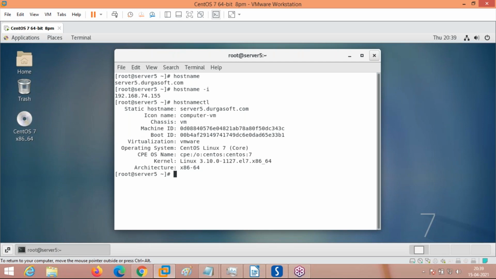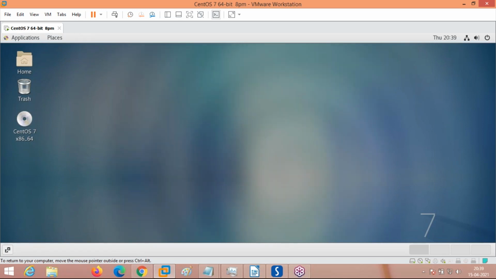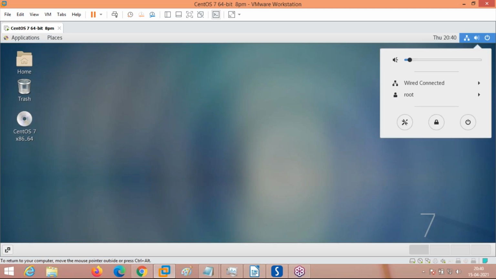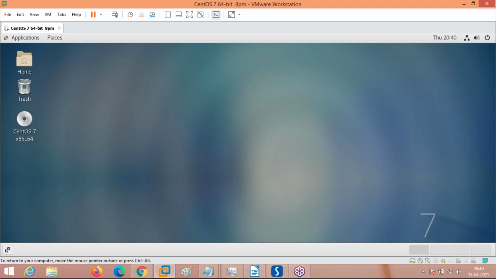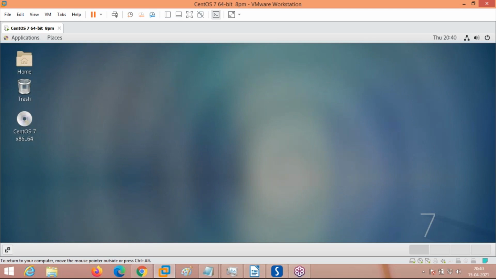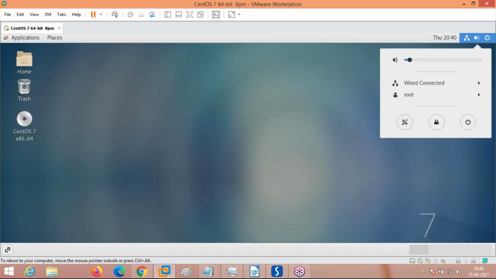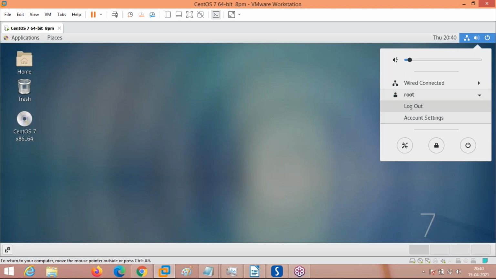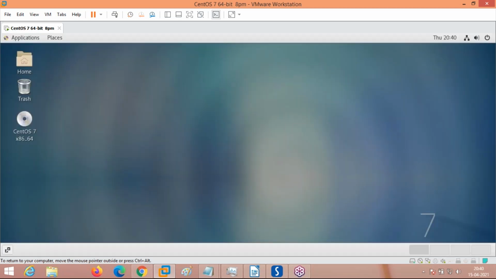Okay. How to change to a different desktop? Suppose you are moving into graphical mode. This is a GNOME desktop. How do I boot my system into the KDE desktop? Log off the system, because you have to log out to change the desktop. This environment you are seeing is by default the GNOME desktop. How to switch from this desktop to KDE? First log out, and whenever you are logging in, you can change the desktop environment. I'll show you that.